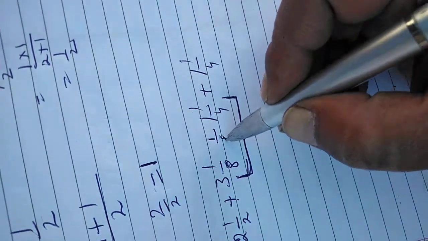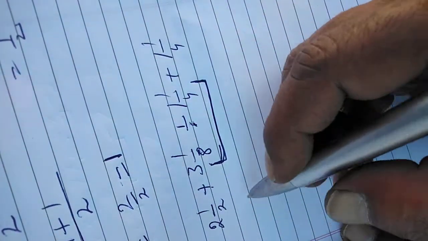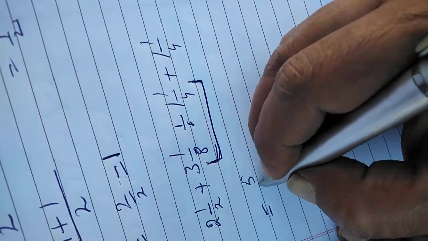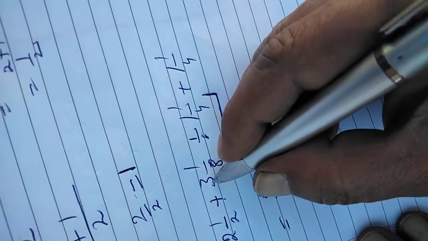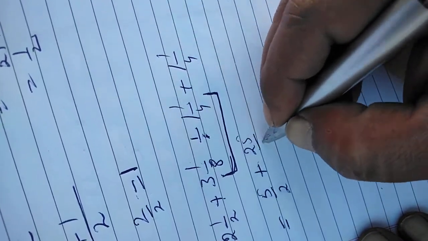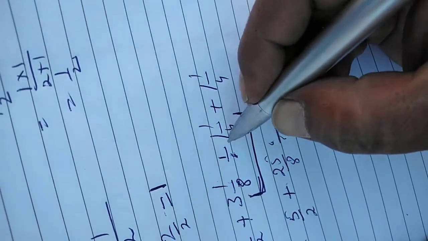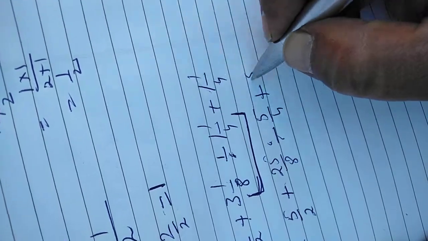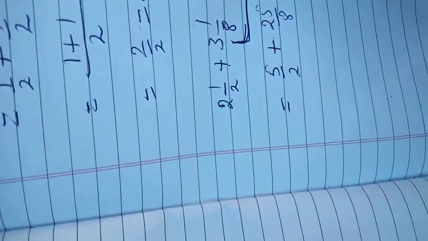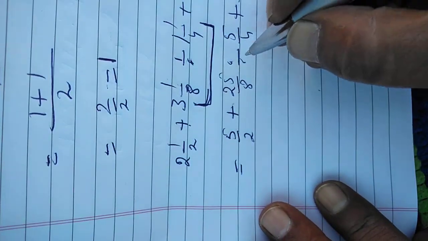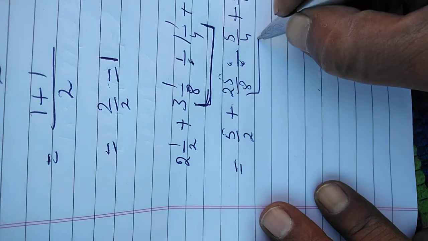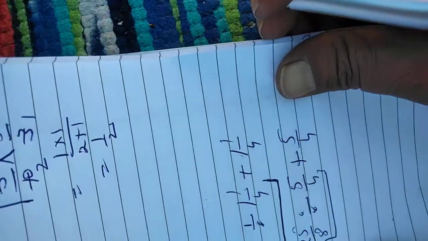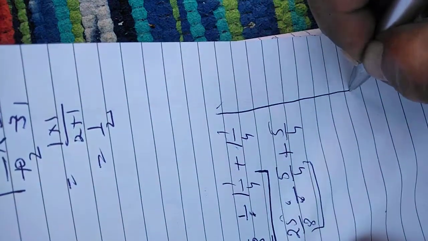Firstly it is a mixed number, so convert them into improper fractions first. 2 whole 1 by 2, it is 5 upon 2 plus 8 3s are 24 plus 1, 25 upon 8 divided by 5 upon 4, 4 1s are 4 plus 1, 5 upon 4. Now division you will solve first, underline it. If you wish to solve in the rough column, you can solve it in the rough column. Draw the margin line.